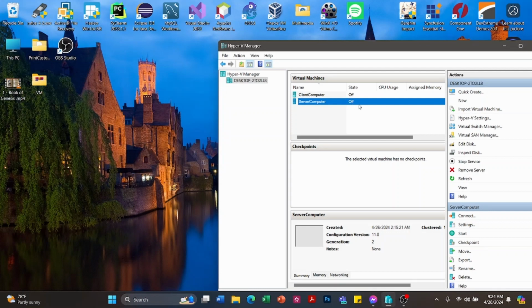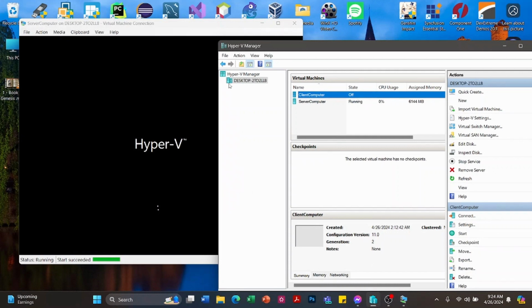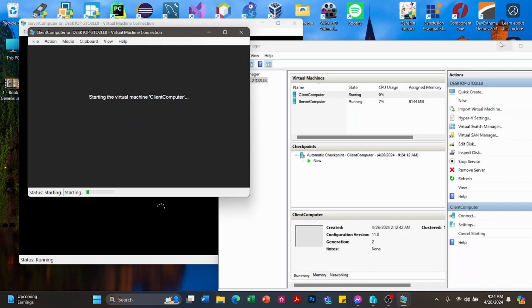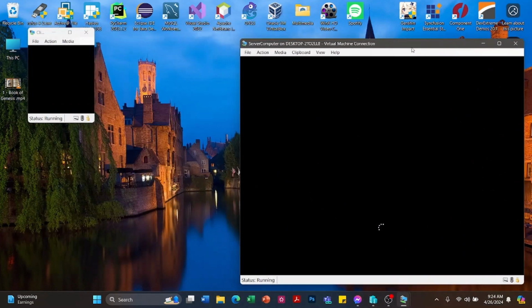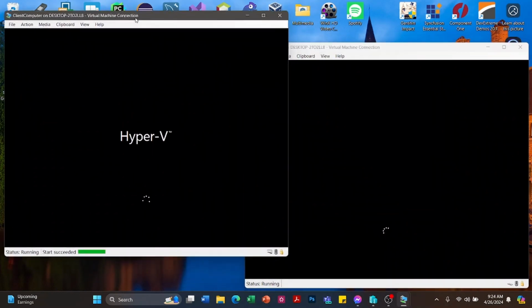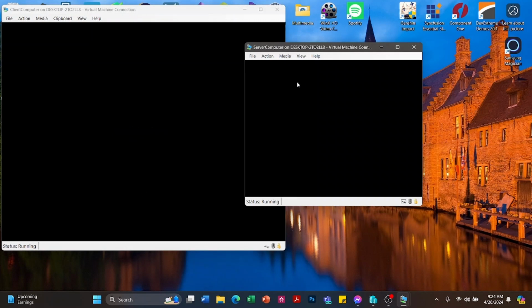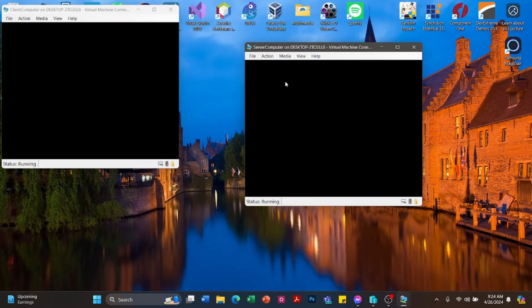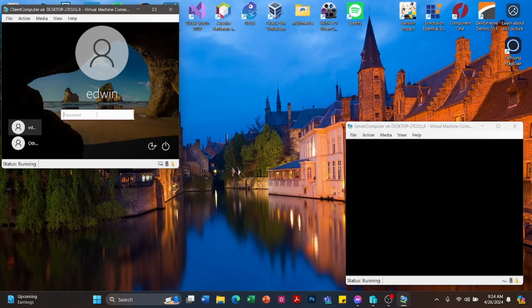So let's open it again and open this one. Oh, it's saying the remote desktop is off, even though it's already on or enabled. So let's go. We can access the remote desktop.